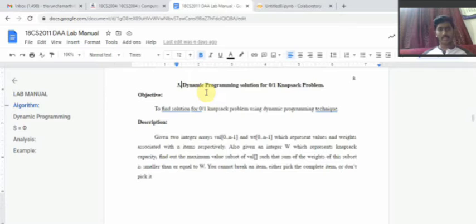Dynamic programming is all about solving a problem using a table, meaning storing the values in a table and creating a formula for finding the results for even the smallest subproblem. Recursively make them into the smallest subproblems and find the formula for calculating the result of the smallest subproblems. First, take a problem, solve it as a subproblem, and then the smallest subproblem. We have to solve it in that way, store the values in the table, create a formula for calculating the final result, and do it in less time. That's all. So let us see how to solve this 0/1 knapsack problem using dynamic programming in Python.